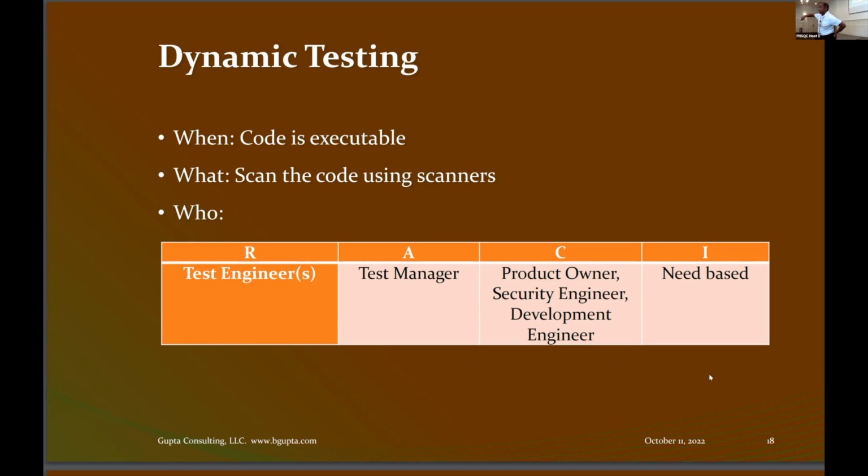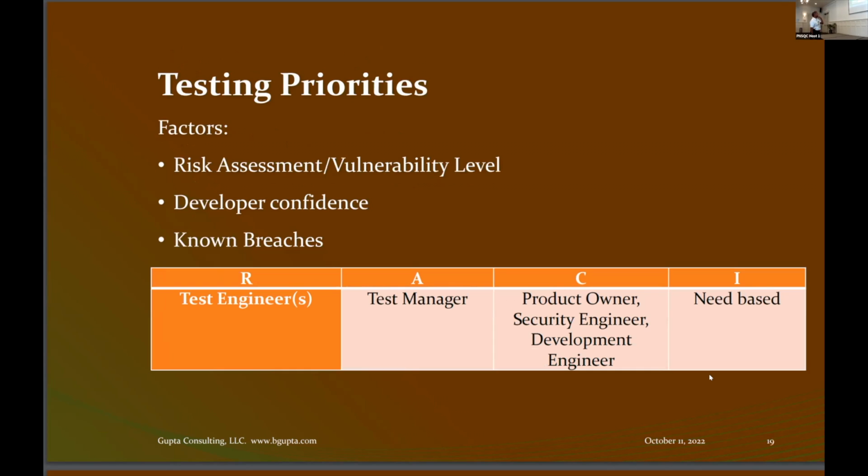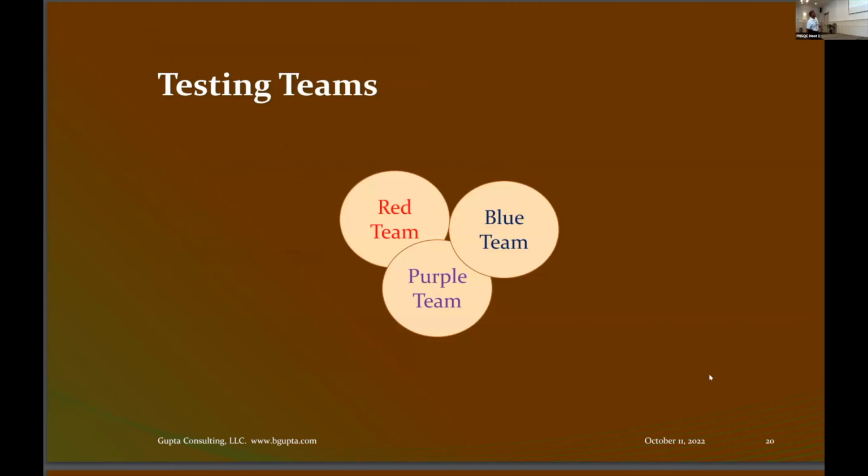Now, some of you may be thinking, well, QA doesn't do security, so what do we do? So let's go to the next slide. Remember? Okay, we can go to the next one and then come back to it if you want. Remember, we're talking about red, blue, and purple teams? Okay. So red team has always been hackers, people who hack. They could be security engineers. They could be people who just want to break the system.